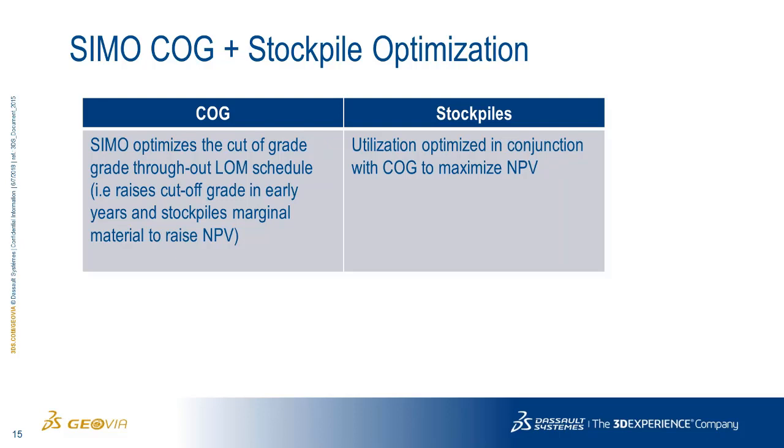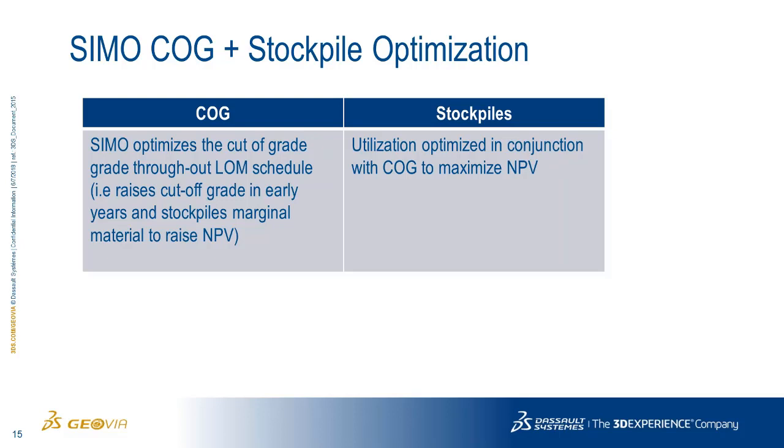But in order to do that, I need to effectively use the stockpile. So that's why as part of SIMO, we also have stockpile optimization, not just the cutoff grade optimization, okay? And that stockpile optimization is a big step in Whittle. Those of you who are familiar with the more traditional buffer stockpiles will know that those are used really as a backup and used indiscriminately, we'll say. It's not really checking whether sending to that stockpile actually improves the schedule or not. Once I set it up, it will be used to allow me to keep mining, okay?